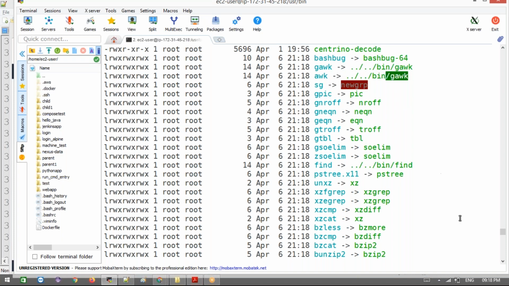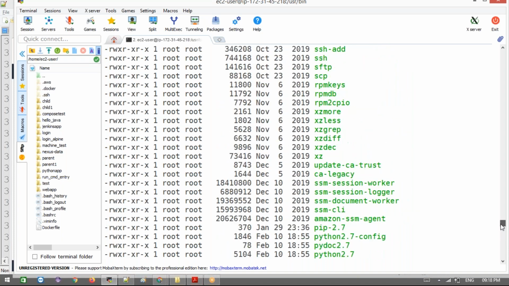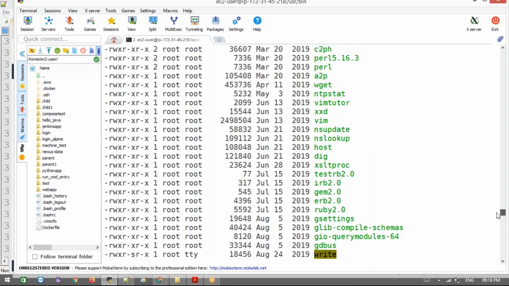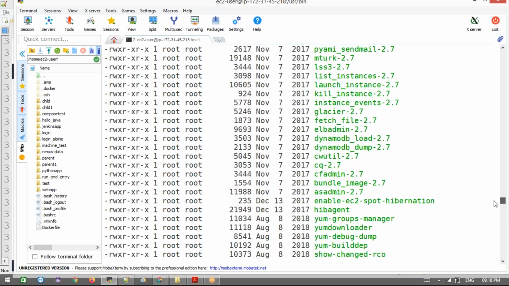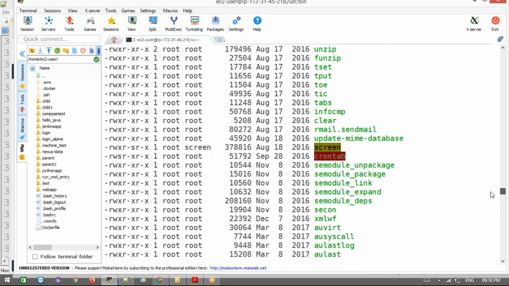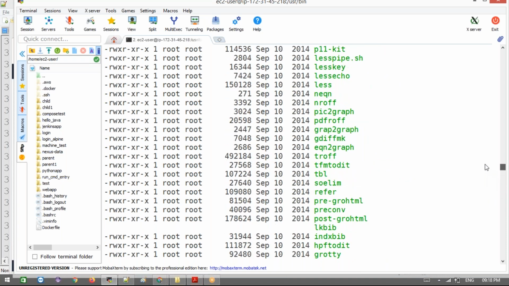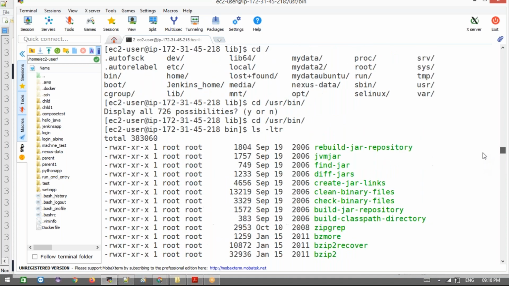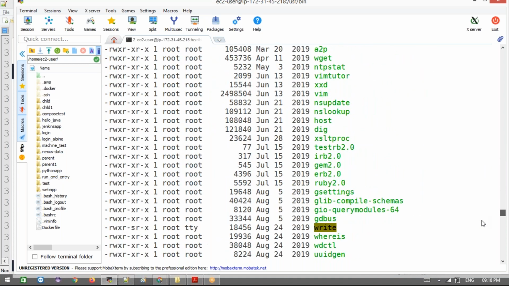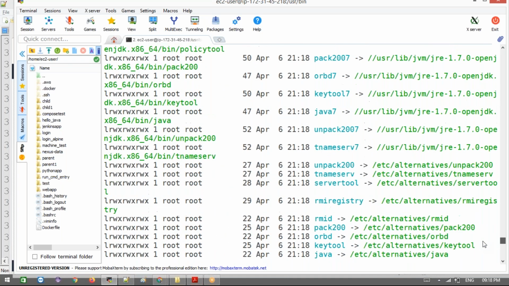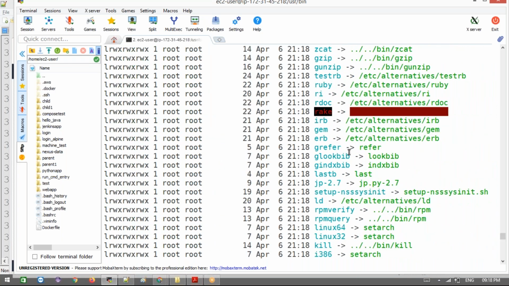The same goes for any command like these. For the ls command or any commands we execute, those commands have different paths to where the software is located. If it is located there, it will point here; if not, it will show some other path where the actual software is installed. If you observe here, a couple of commands are pointing, and before the command there is an l. What does the l mean here? It is link.